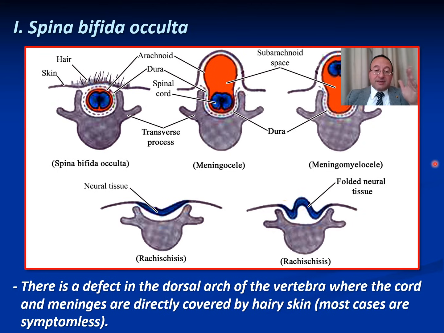So with spina bifida occulta, this patient appears to be normal. Maybe he doesn't complain of anything, or is not diagnosed all over his life. But if you find a tuft of hair overlying the lower part of the back in a specific localized region, and you do an X-ray, there will be spina bifida occulta.